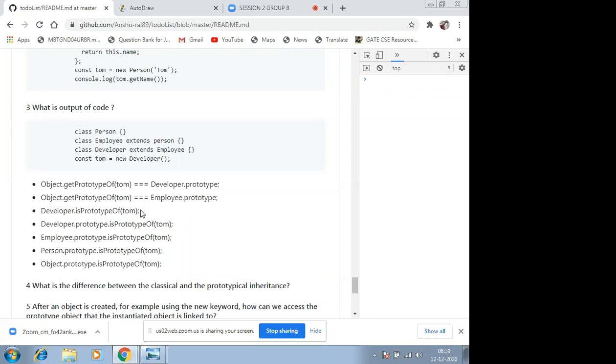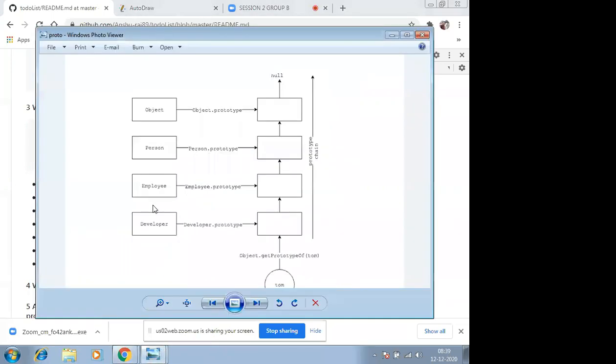So now tell me, is it first clear what I'm trying to say? What is the question? So it is saying that we have a developer class, or basically in JavaScript everything is an object. So you can say that we have a developer class, right?